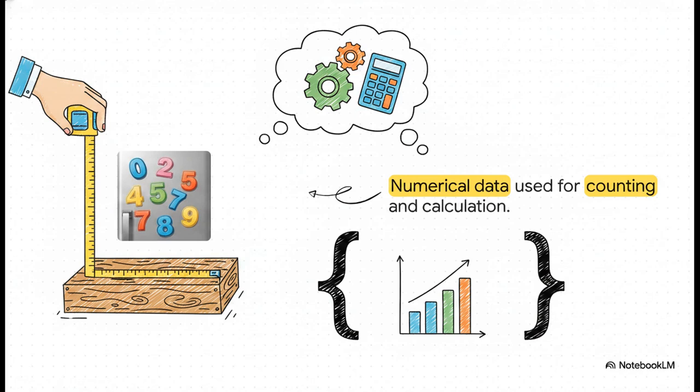First up, we have numerical data. This consists exclusively of numbers and values, things you can physically count or precisely measure, exactly like those magnetic numbers on a fridge. Whether it's counting inventory in a warehouse, measuring the exact length of a shipping box, or doing complex algebra on a whiteboard, numerical data is the absolute bedrock of all quantitative measurement.